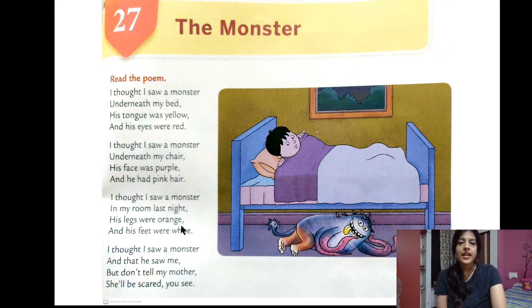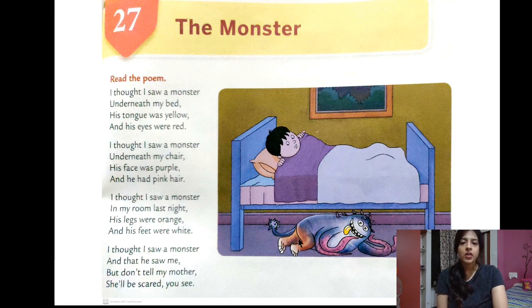So he is thinking that he must have seen a monster in his room last night. That means the night before. Here you can see orange. This is leg, and this is feet. Feet has toes on it, so his feet were white.